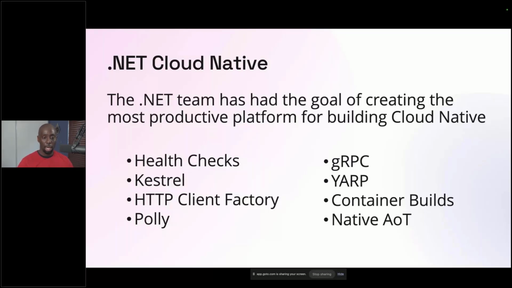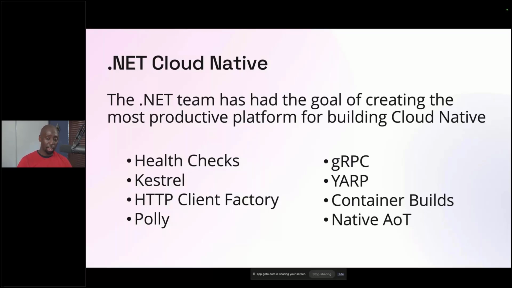When I think about health checks and working with reverse proxies, I was doing a lot of that stuff back in 2009, 2010, right? So these are not new concepts for a lot of us. But I think what's different when we start talking about cloud native is not necessarily just new technology. I think it's the way that we're applying new ideas, or rather old ideas to new problems, right? And then the way that we apply those ideas, it looks like something new and something different. Again, reverse proxies are not a new thing, right? Being able to do health checks and retries are not a new thing, right?